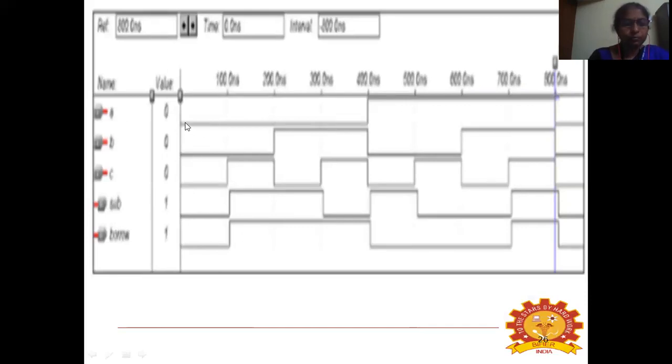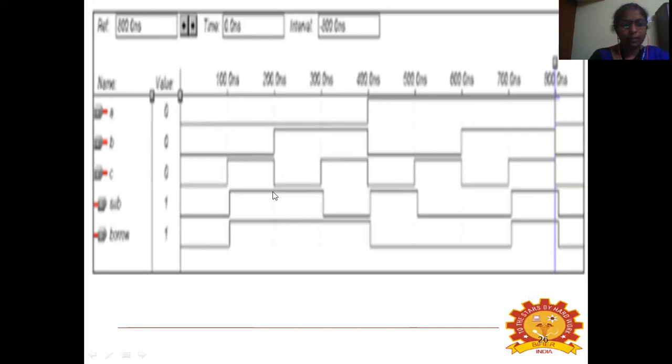Now, from 0 to 100, A, B and C is 0, 0. So sub is 0 and borrow is 0. So it is 0 minus 0 minus 1.